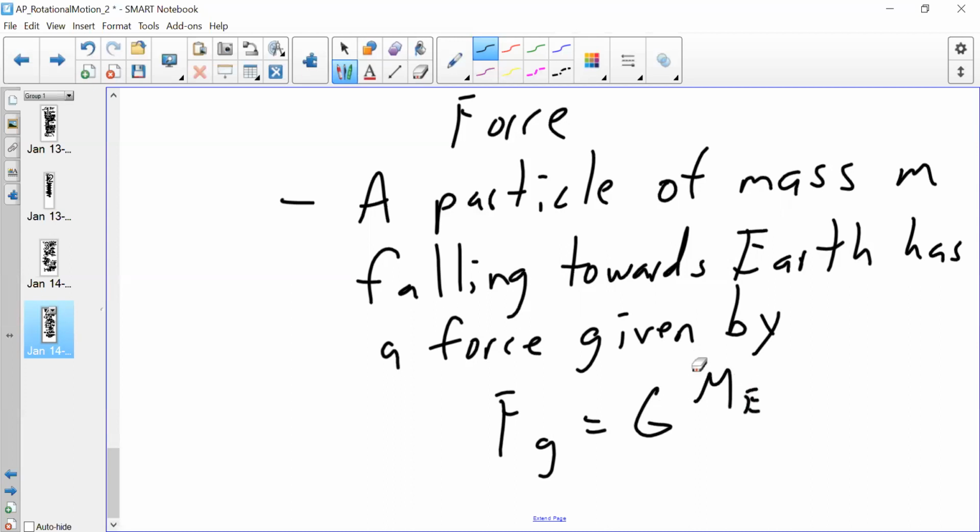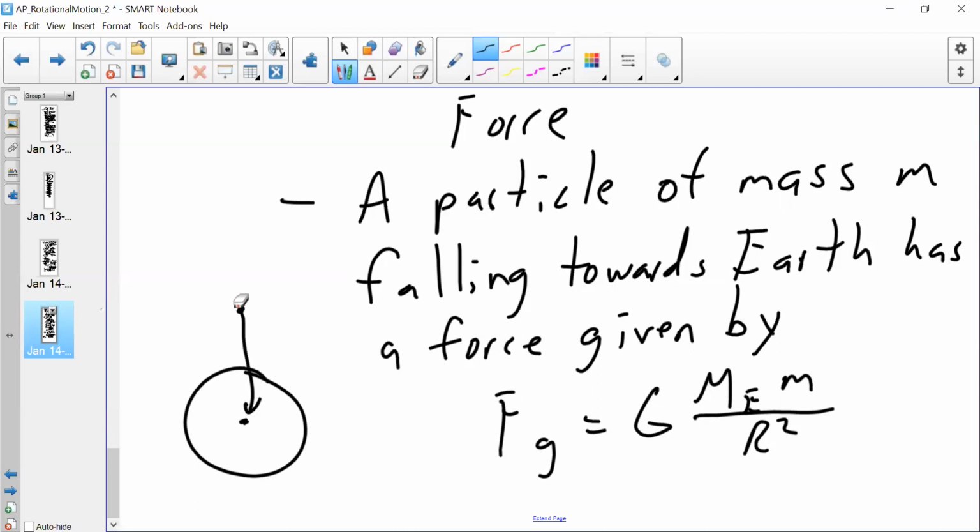So with M1, M2, or ME is going to be mass of the Earth, and this is U, or rock, or whatever is falling towards the Earth. Earth is here, and this mass is falling down towards it. It's separated by